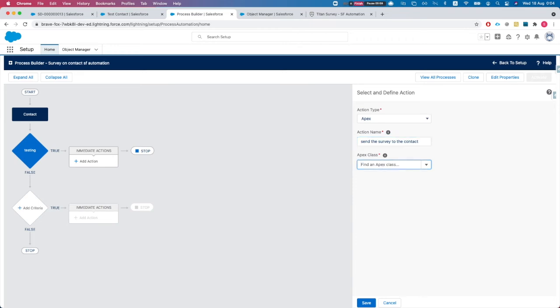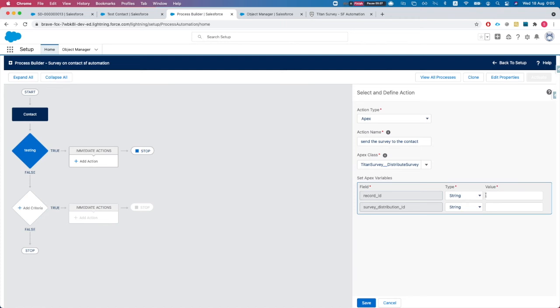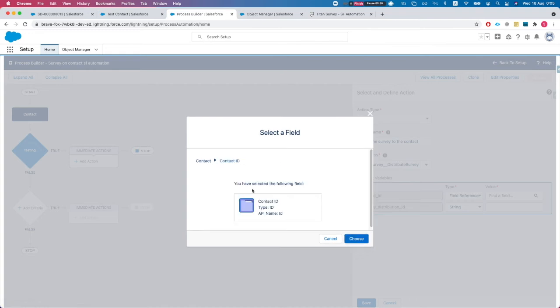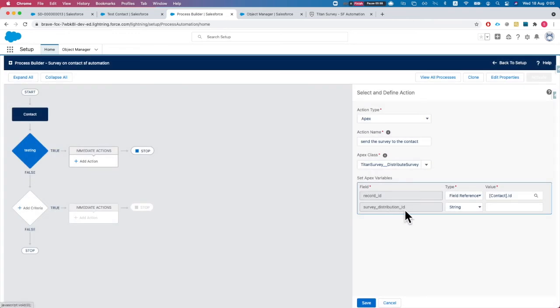And what we will look for here is our survey. So Titan survey, distribute survey. You can also look for just distribute survey or survey, and just make sure it's coming from our Titan survey package. And now the only thing we need to choose here is the record ID. In our instance, it will be field reference, and we'll grab the contact ID. Perfect. And now our survey distribution ID, which is